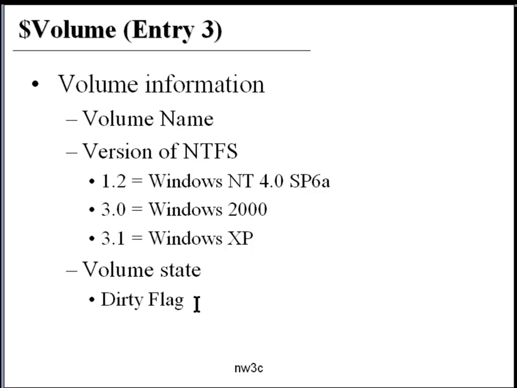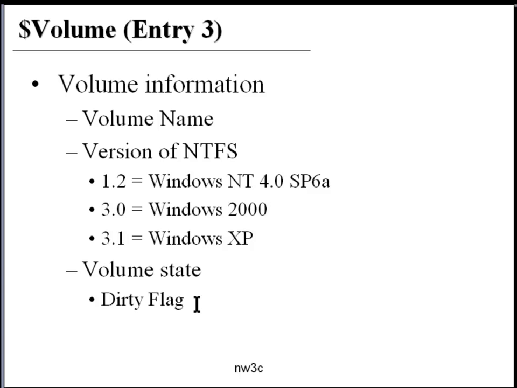And of course files have to be opened for the operating system to start working. And once you start shutting down the system cleanly, the operating system will look to see if every file has been closed properly, and if it does, it sets that dirty flag to clean, which means that everything is appropriate, all the files have been closed